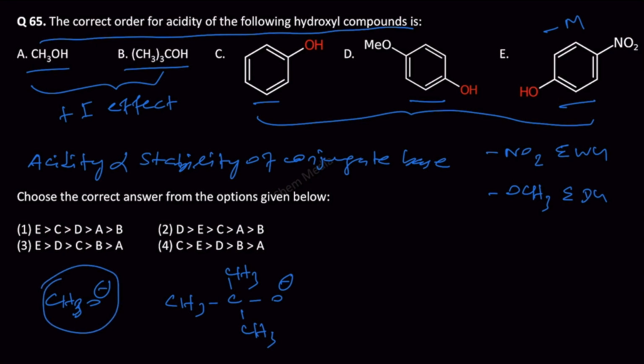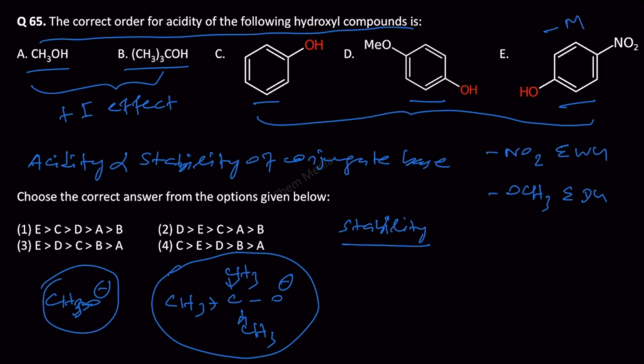Why? Because it is smaller. So therefore, this can be easily solvated. More water molecules can surround this. Whereas tertiary butoxide ion is a bulky one, and therefore during solvation the water molecule cannot effectively surround this one. So this means that it will be less stable. Even though inductive effect is there in both the cases, it is the solvation that would decide, and plus the steric hindrance. So therefore, if we are talking about the stability order of conjugate bases, then tertiary butoxide ion will be less stable